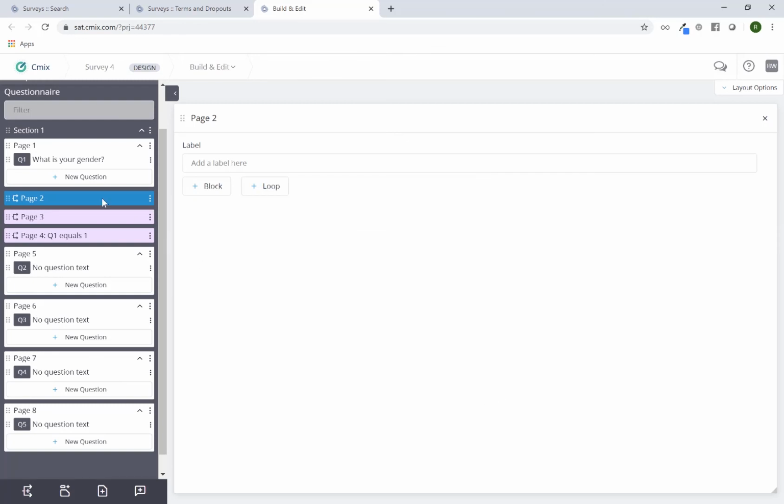Click add. So now you'll see I have a logic block page here. I can add a block, but let's talk about what we're going to do first as an example. So Q1 is a gender question. It's just a select one, so it's punches 1 or 2. So if I want to skip anybody who is a male to Q4, I do not want to go into